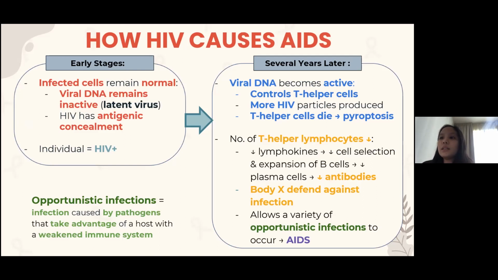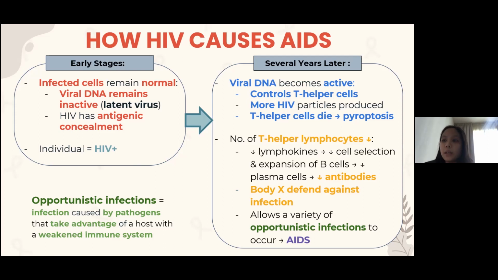So after several years, the viral DNA becomes active and controls the cell machinery of the T helper lymphocytes. And it will produce more HIV particles, and this causes T helper lymphocytes to die. Why does it die exactly? It's because the viral reverse transcriptase enzyme is actually very ineffective and will code for incomplete viral DNA. And this will be detected by our immune system and will cause a programmed cell death known as pyroptosis, which